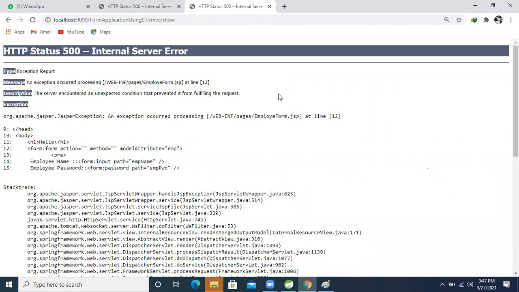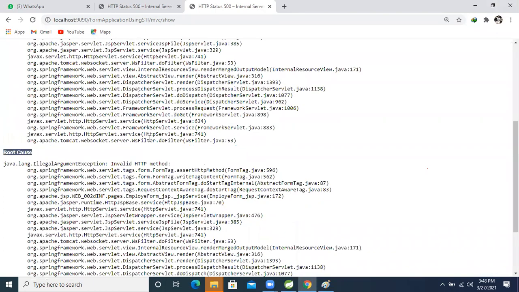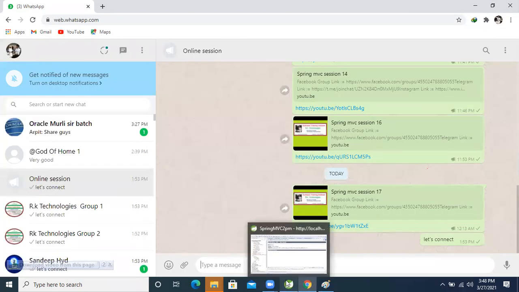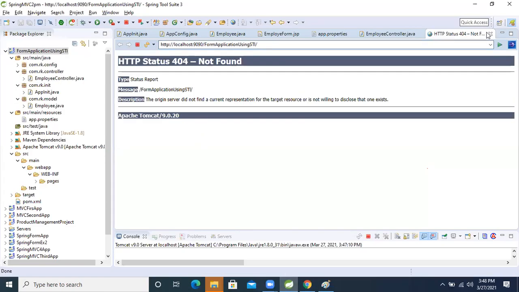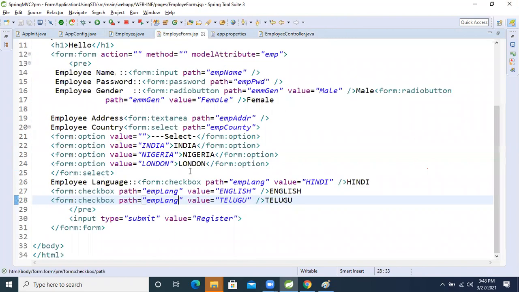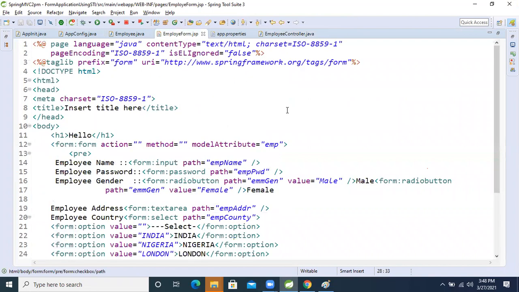Still same. Why are we getting this error? I don't know. One minute. From here the thing is correct. Okay. The problem is there in the JSP page. What mistake are we making?